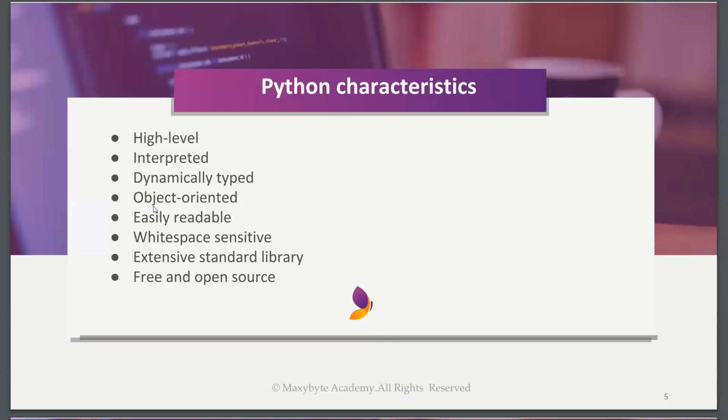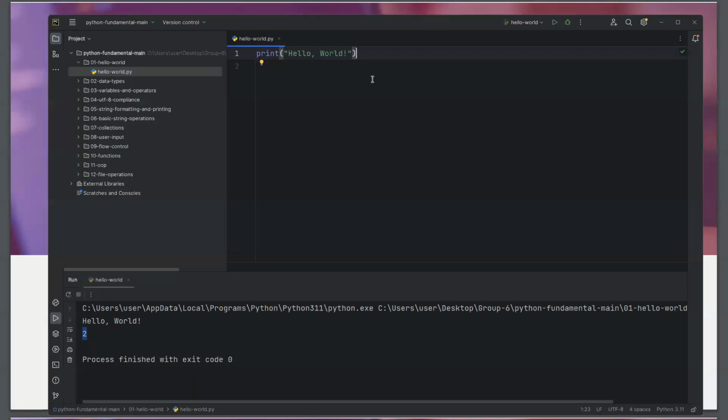Then we have white space sensitive. White space sensitive basically means that Python needs to be treated nicely, because if you do not treat it well, your code will not run. What do I mean? White space sensitive is something like this. There's a white space here. Actually, that is a black background, but we call it white space because there is a space. Something should be written there. A space here at the top is not a problem, but a space at the edge right here is the issue. So here, if I move this up a little bit